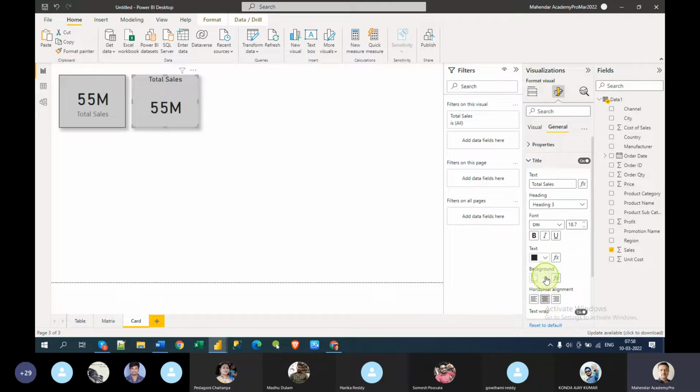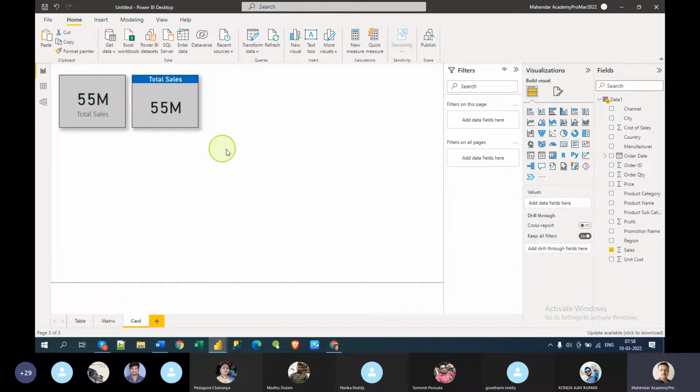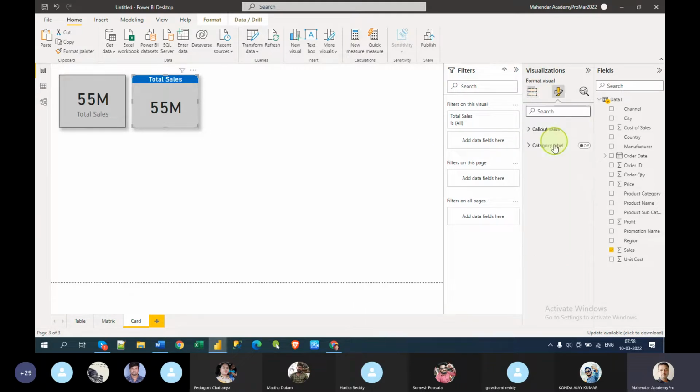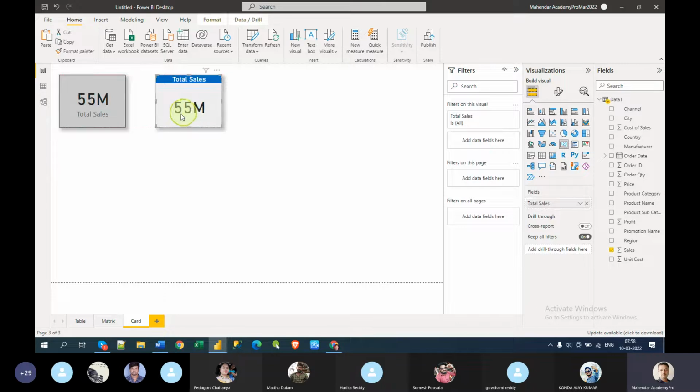You might not see much difference now. But the background color, I can change it to something else, maybe a thicker color, or back to white. Maybe a gray color is a little better for the formatting, right? Background color. Now it will become silver, something like that. I feel this is always better than this, and you will have a lot of formatting on the header types. Okay, now this is total sales.